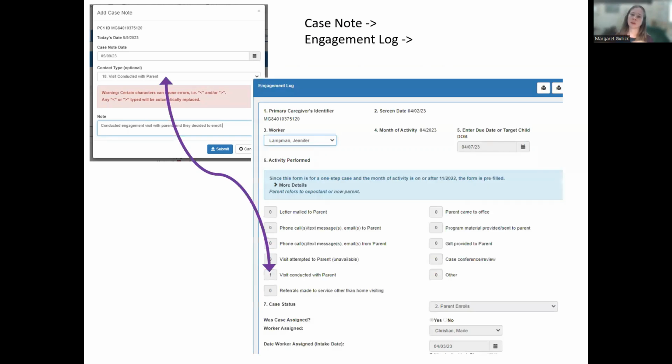So looking at the forms in the MIS, you'd go through these steps. You'd fill out a case note saying visit conducted or family came to the office and they decided to enroll. Then you'd fill out the engagement log, so it gets pre-filled with the kind of activities that are performed in that last interval based on what you have in case notes. This is saying, yep, I conducted a visit with the parent, and then the case status is they enrolled, and then I assigned a worker, and they've got an intake date, and now they've enrolled because they've signed the paperwork